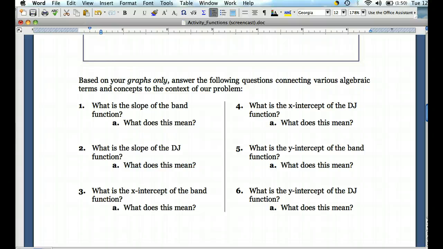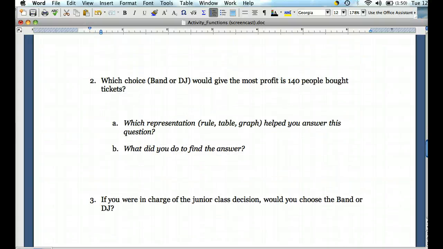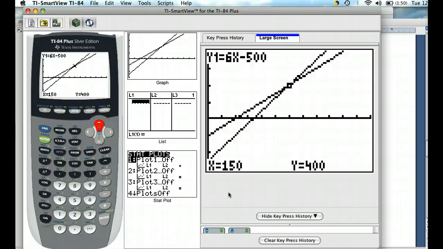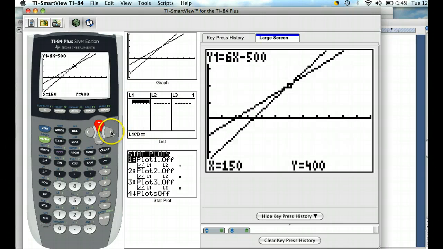What does the slope mean? What's the x-intercept? What's the y-intercept? What does it mean? And then the question is, you know, which one do you want to choose? And so this value of x equals 150, y equals 400 is really important. So notice right now, y1, I'm on the band function, right? $6 a ticket, it costs $500. And as I go